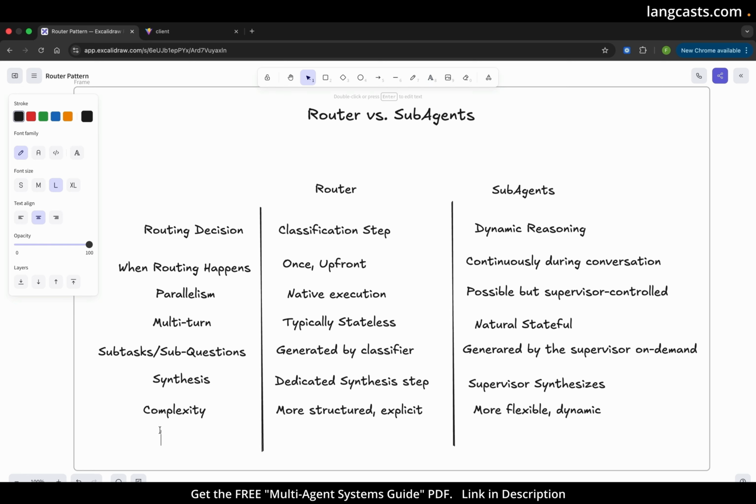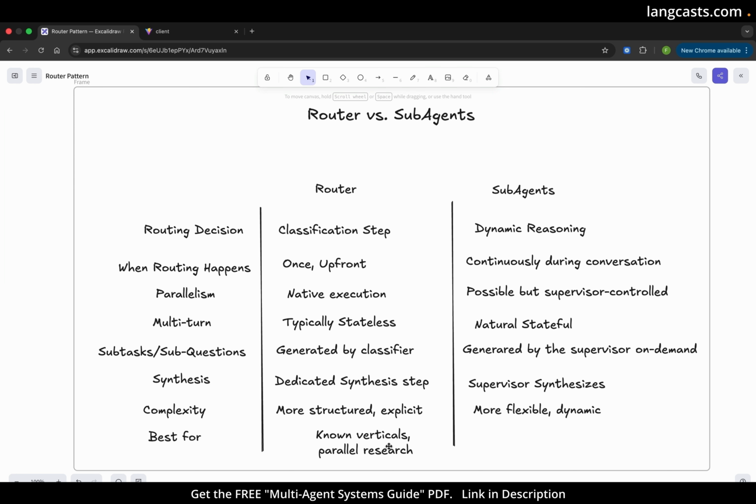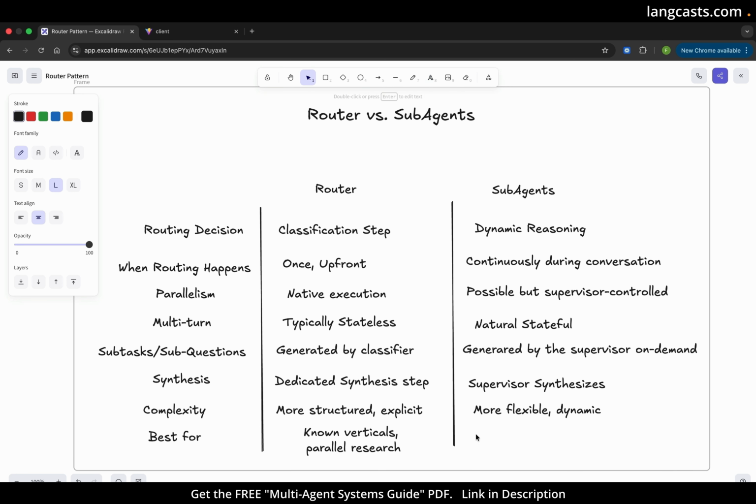Now, what is this best for? What are they best for? Router is best for situations where you have known verticals. For example, like a parallel research. Let's go a step down. This is the last point anyway. Then sub-agent is better for dynamic routing